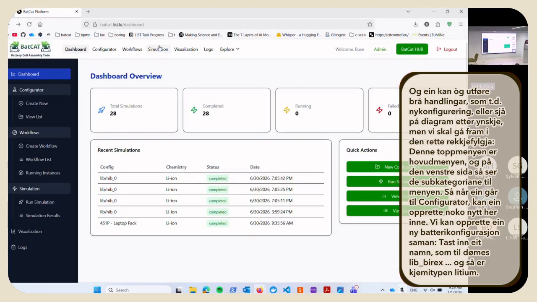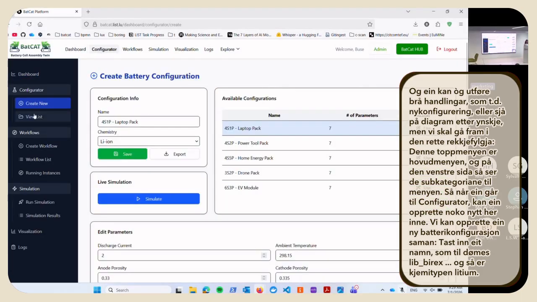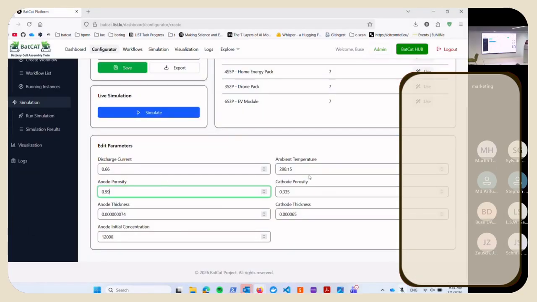This top menu is the main menu, and on the left side, you will see the subcategories of the menu. When you go to configurator, you can create a new one in here. We can also create a new battery configuration with you if you wish. So type a name like lib Pyrex. Then the chemistry type is lithium.